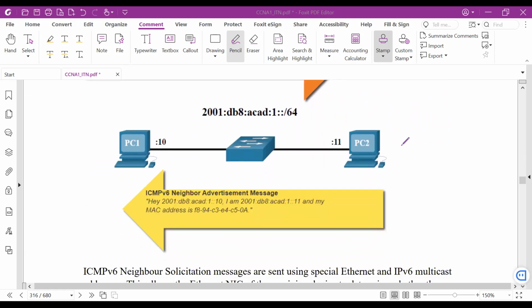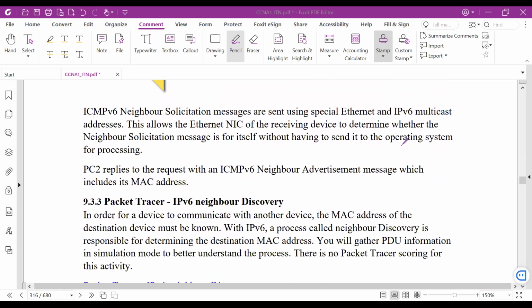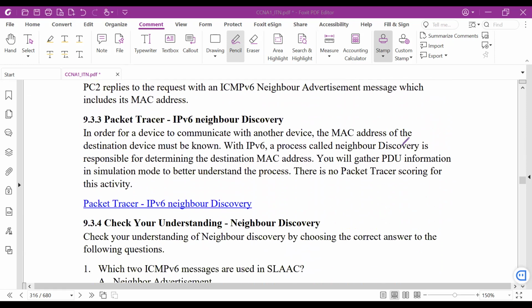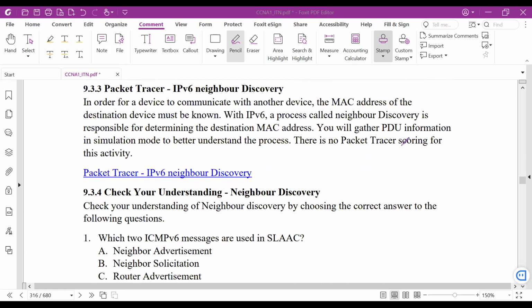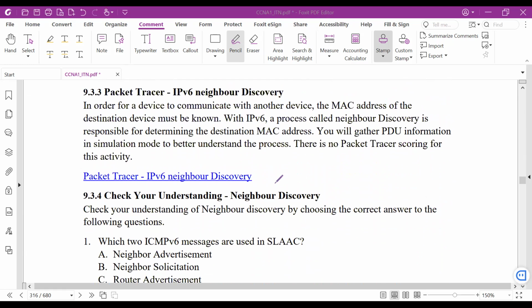So this one is for a local network. I think it's very easy. For a local network, no problem. Let's find the one for a remote network. And I think this is the